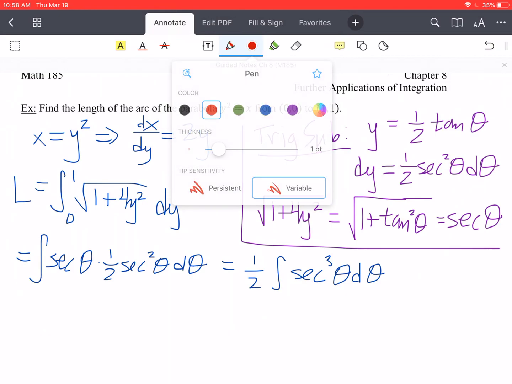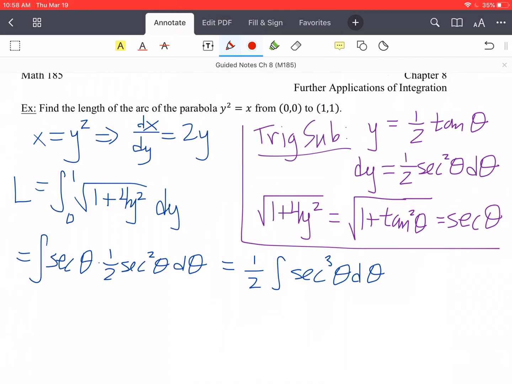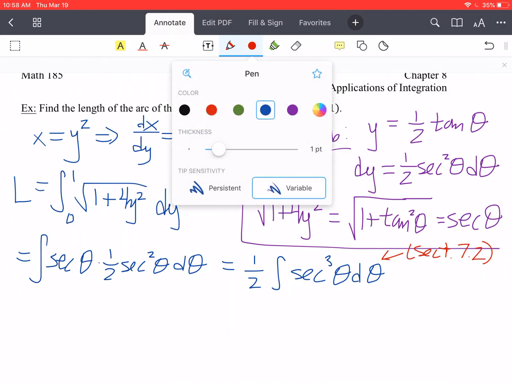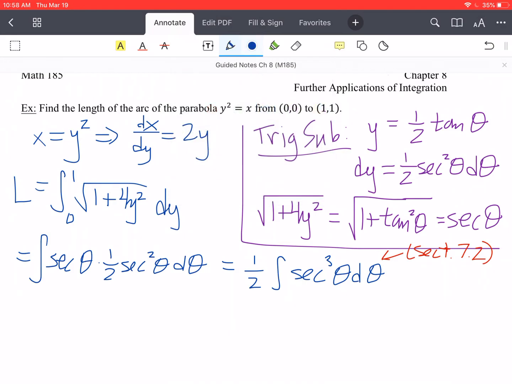And this integral, we've actually done this one before. So this integral was in section 7.2. So if you go back into that section, you'll see that we have solved this one before. So I'm just going to cut kind of to the chase on this one. The value of this integral, so we would get 1/2 times, it ends up being times another factor of 1/2 because of the solution, times secant theta tangent theta